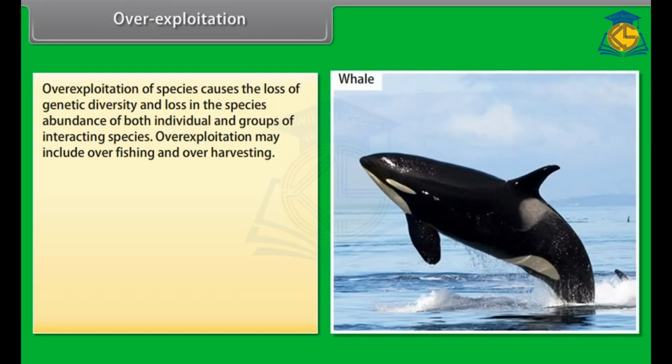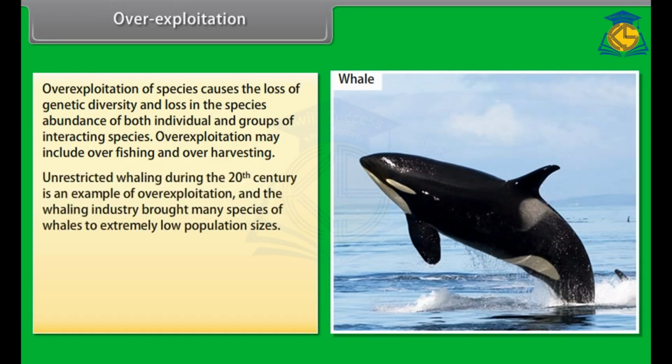Overexploitation of species causes the loss of genetic diversity and loss in the species abundance of both individual and groups of interacting species. Overexploitation may include overfishing and overharvesting. Unrestricted whaling during the 20th century is an example of overexploitation, and the whaling industry brought many species of whales to